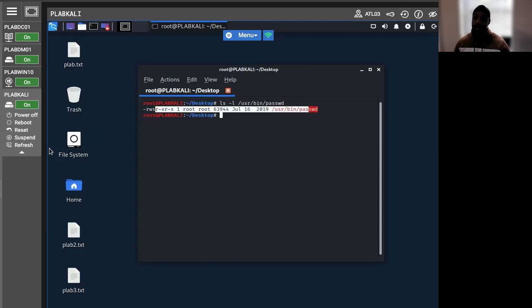So we can actually set the SUID and the SGID bit, and this is done by adding the S. Usually the SUID has the value of 4, and SGID usually has the value of 2. So to assign it, I'm just going to change ownership, group,